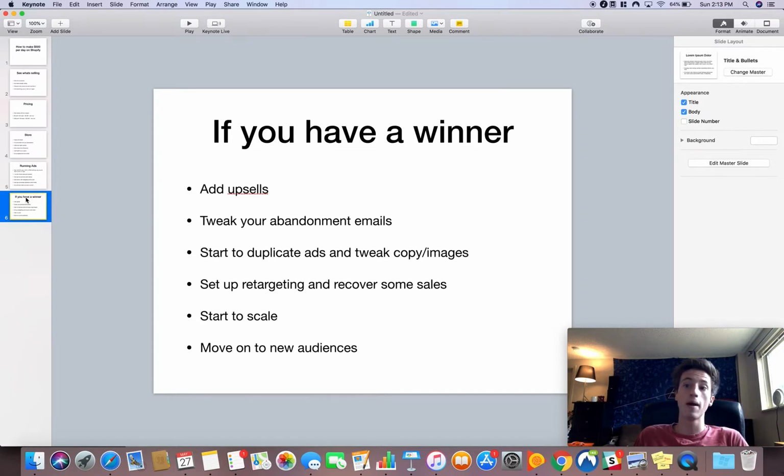So get an upsell app. If possible, get a post-purchase one-click upsell app. Now, there's a lot of free apps on the Shopify App Store that'll give upsells before the customer checks out and they're able to add it to their cart, but sometimes those can turn people away and they can reduce your conversion. So if you can get an upsell app that doesn't let the upsells happen until after they've already bought the initial product, then you're going to be much better off,